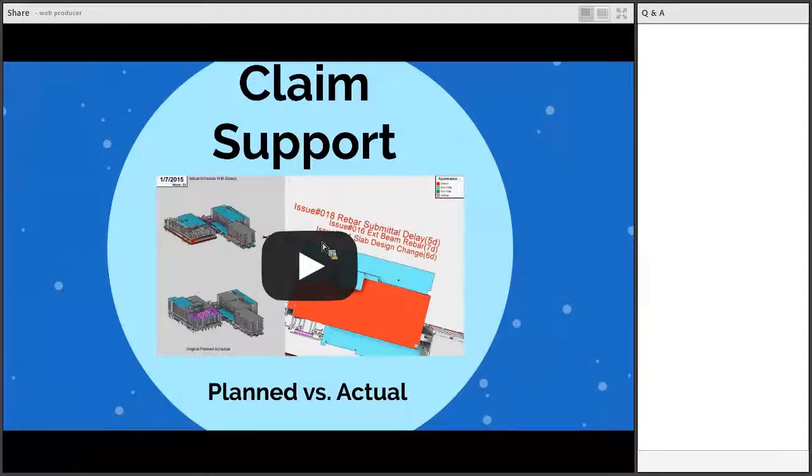It was death by 1,000 cuts. It wasn't like one major issue. There were just issues all over the place. And the cumulative effect of that was the overall project coming in way later than expected. So this is one of those,